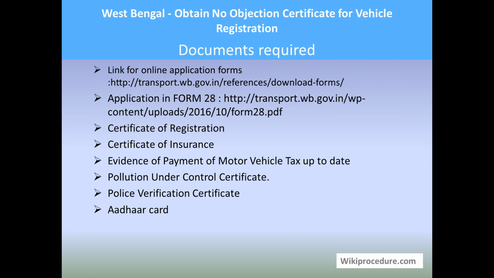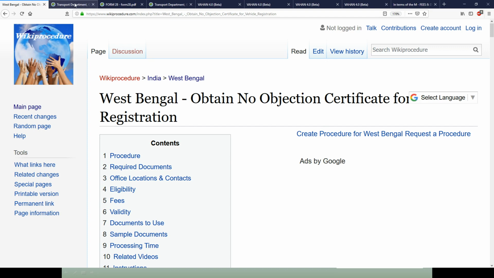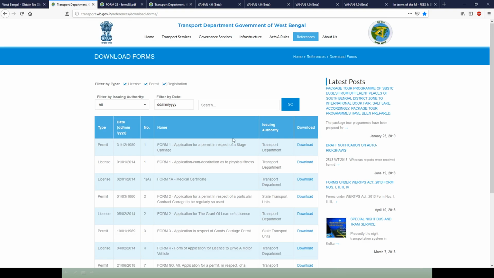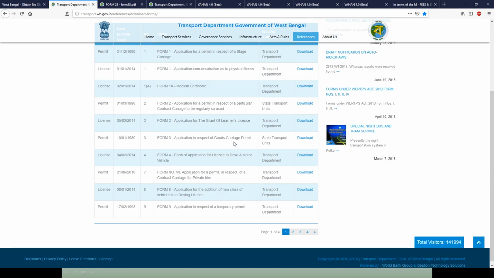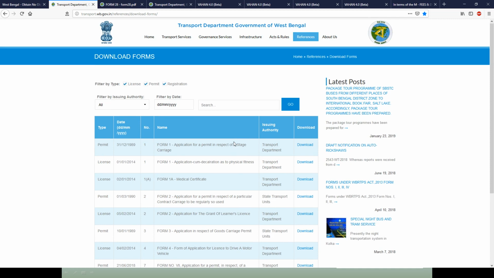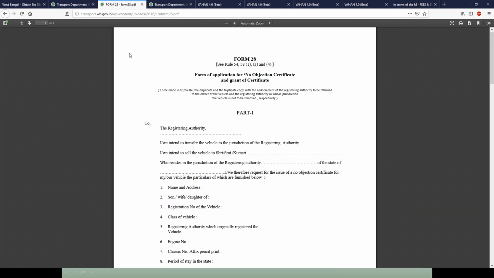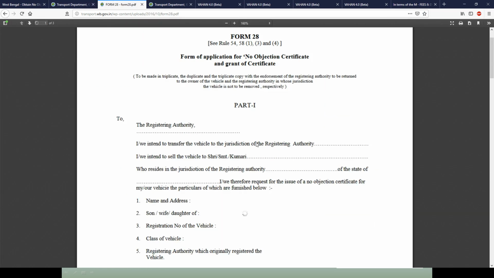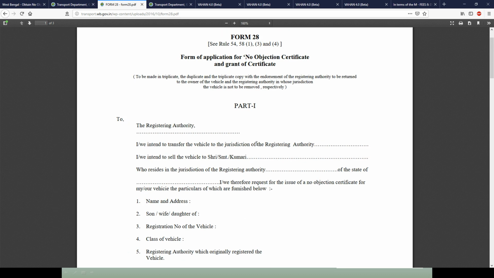Documents required. You need to obtain the form 28 from the direct link provided here. Also, the first link gives access to the forms related page of the West Bengal state portal. I will show you both the links and how you can access them. Once you click the first link, you will get the download forms page of the West Bengal state portal for transport. And the second link will give a direct link to the form 28 page where you can download, print and